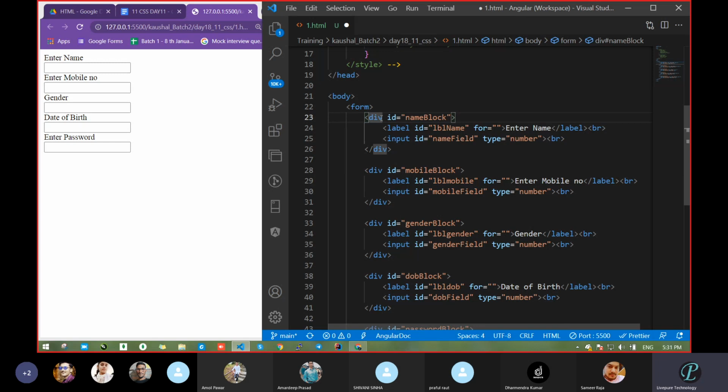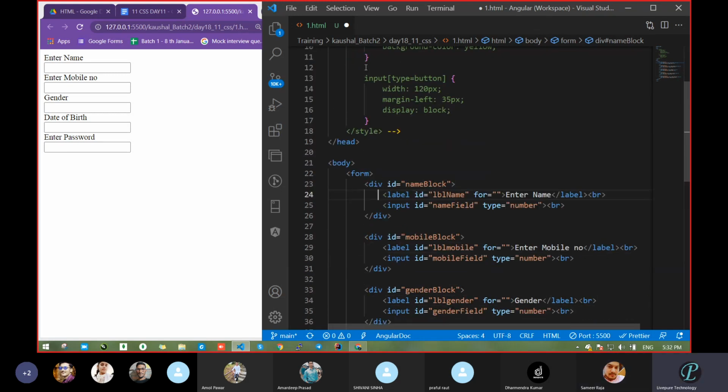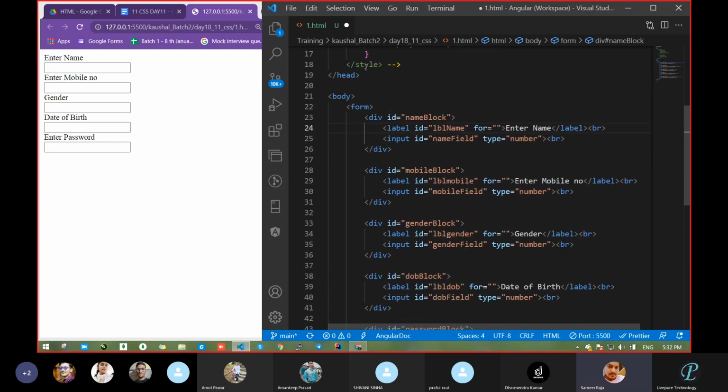Suppose the div: what is the div going to do? Second, the ID: what is the ID going to do? ID, style, these are all commonly known as attributes. How can we pass them, what is the use, all these things you have to be clear about. If you have a doubt, keep it and just drop a message on WhatsApp. You have to be clear regarding each line of text you are going to write, from top to bottom. Then only will you get more and more idea. Got it or not?